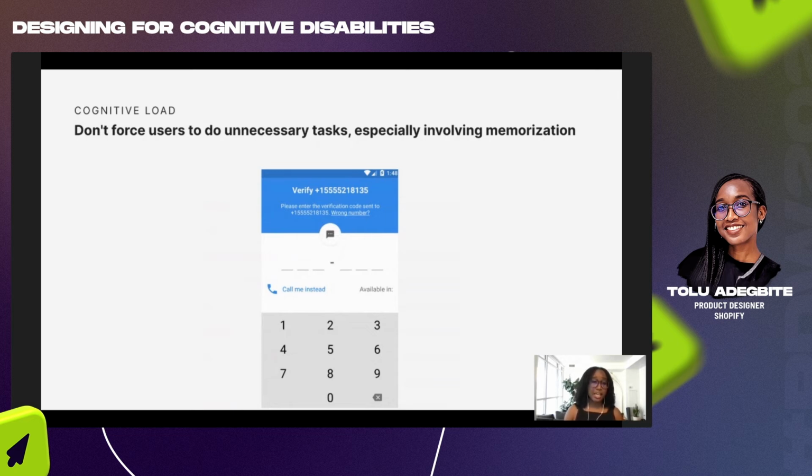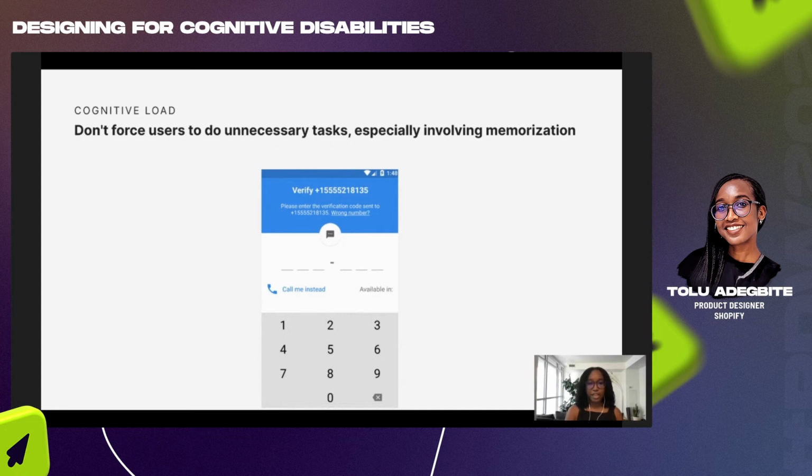If someone isn't able to memorize information easily, that creates a pretty awful situation for them where they might have to switch between applications back and forth, entering numbers incrementally, which is not great. We have the technology to pull information from text messages and automatically verify it in app to make sure that the codes are accurate. And I think whenever possible, we should account for situations like this, making it as easy as possible for the user to make it through your flow and minimizing unnecessary tasks